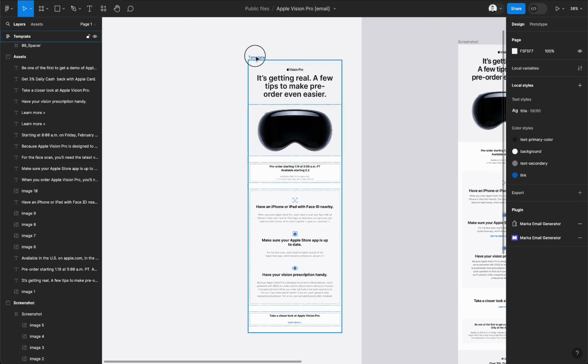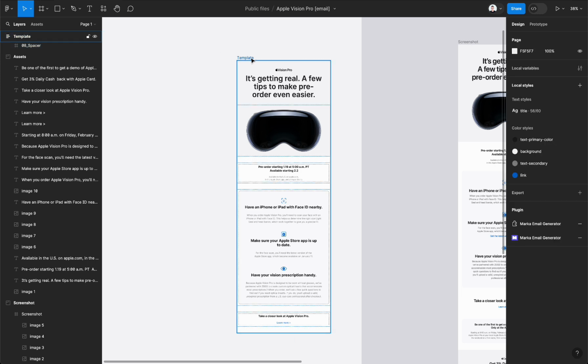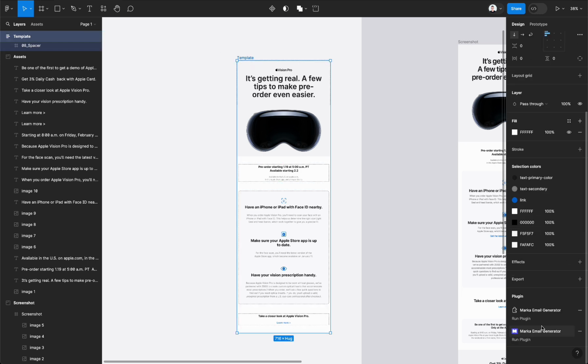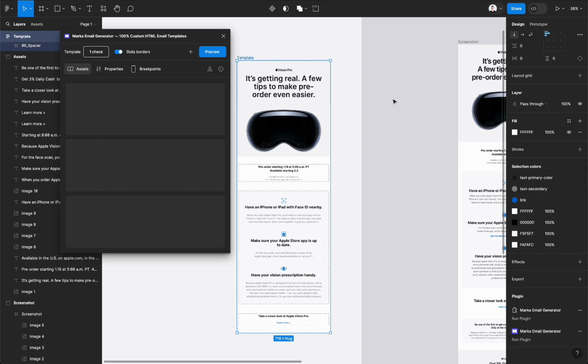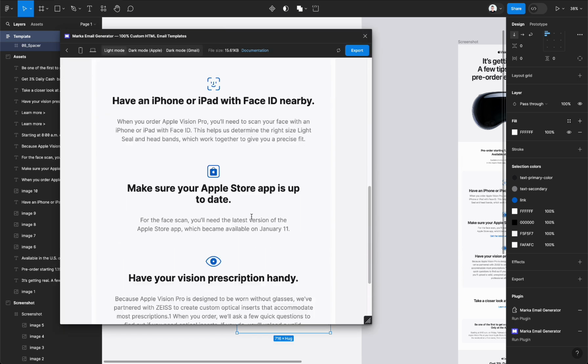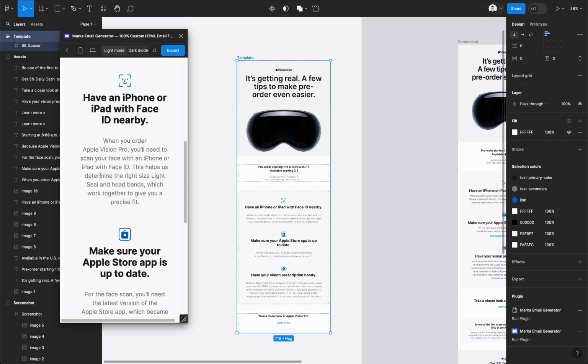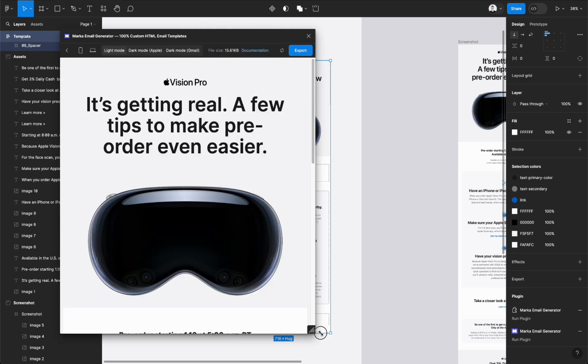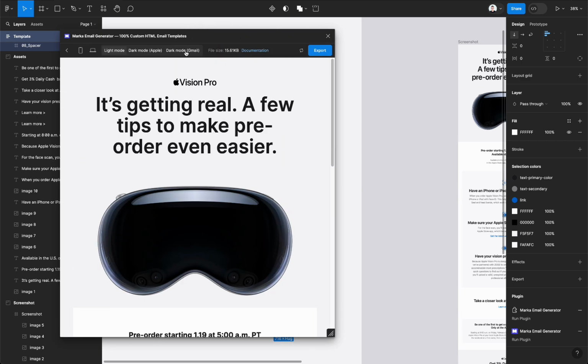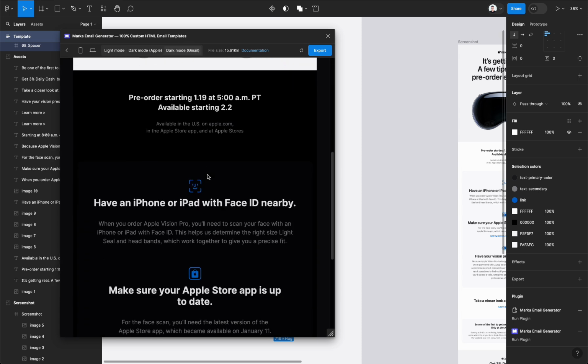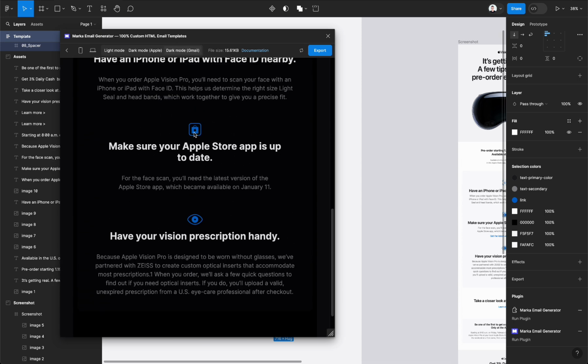Now let's preview our template. Select the template, and on the sidebar, click on the marker generator, click on the preview button. This is how our template will look, mobile and desktop. Here you can preview how your template will look in dark mode. So make sure all your images